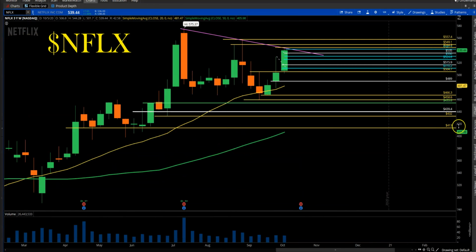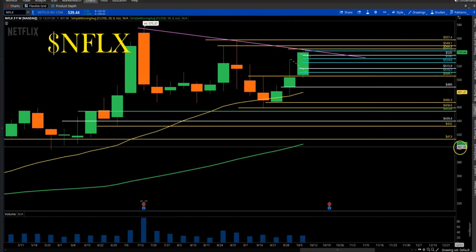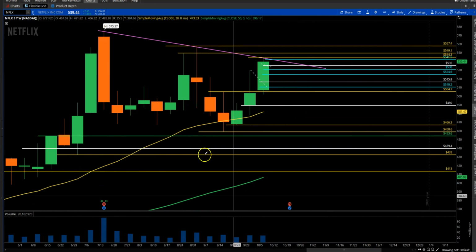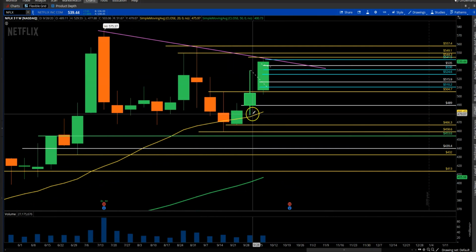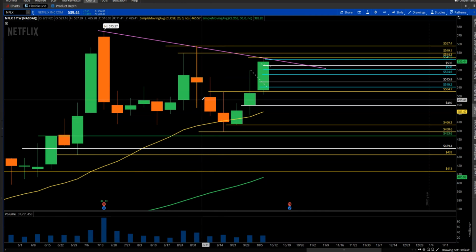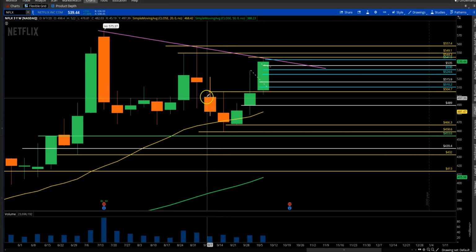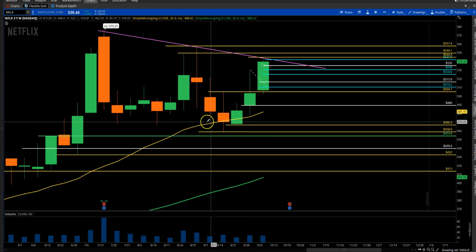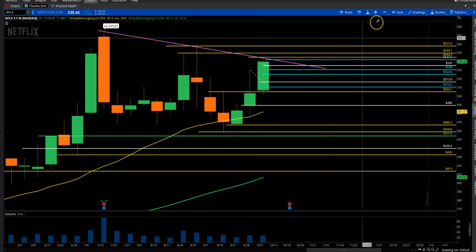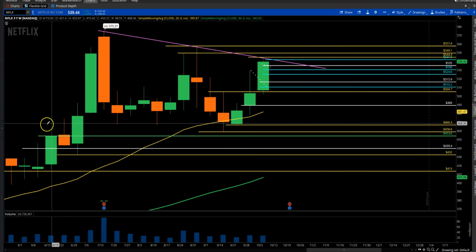Okay, so here is the NFLX weekly chart, and like I have been saying in my weekly videos, I am less bearish on this name, and that did play out nicely because there were no bearish trend bars, first of all, in the weekly time frame. No closes below the 20 SMA in the weekly time frame, right? And there was just no bearish price action overall in NFLX. It was holding this